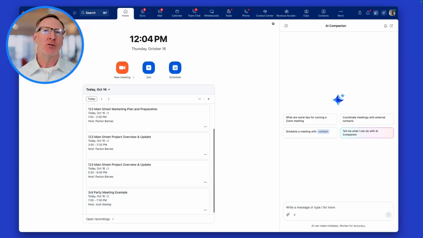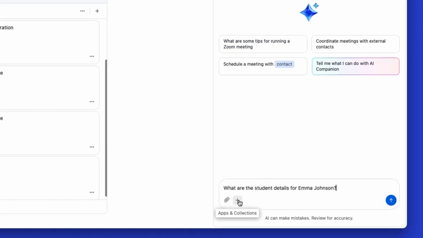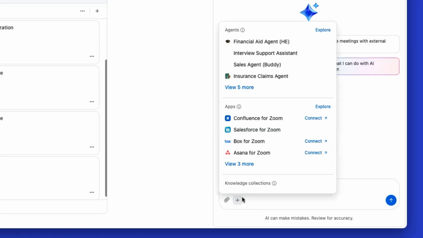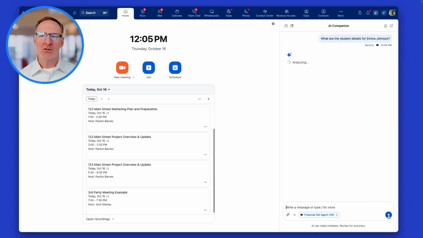Let me walk you through a particular example. Now, in this case, we're going to talk through a college or a university that has a financial aid office. So in this case, we have a student by the name of Emma Johnson that has asked us for some help. Now, by simply adding the financial aid agent, I can ask questions like,